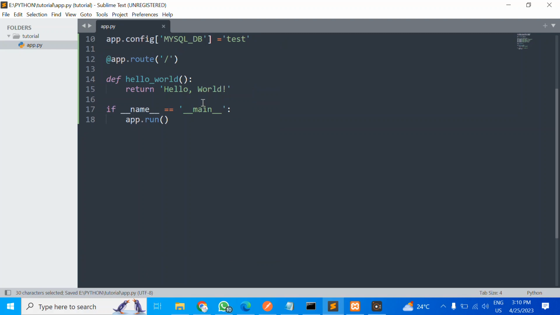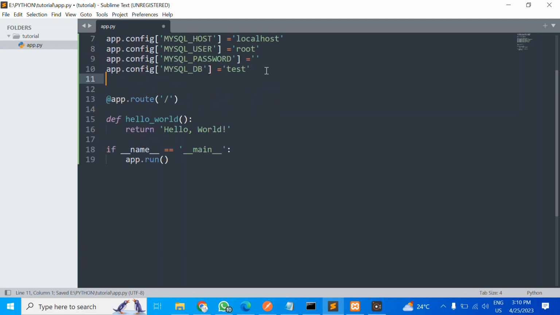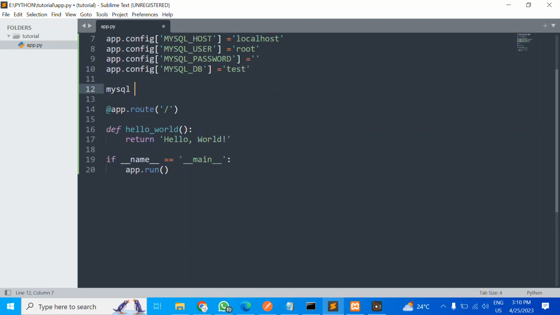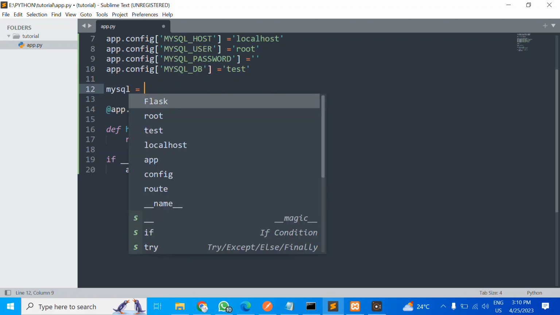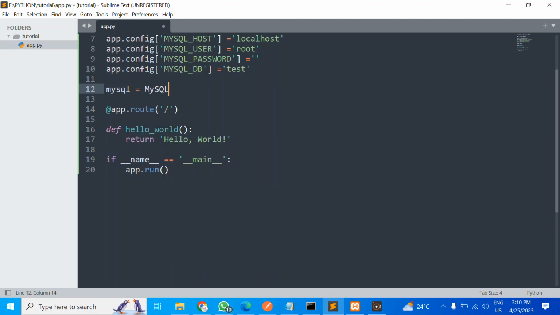I don't want to waste much time. And then down here after doing this, I'm just going to define a smaller mysql connection or whatever you want, to be equal to MySQL, which is capital, and it is going to equate to the complete